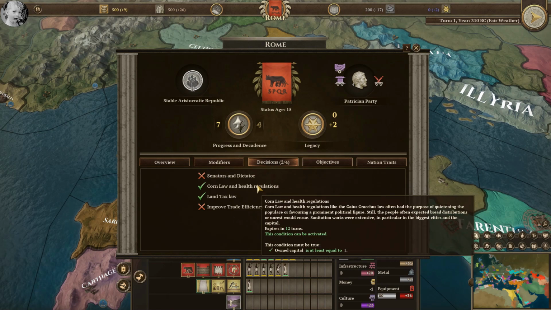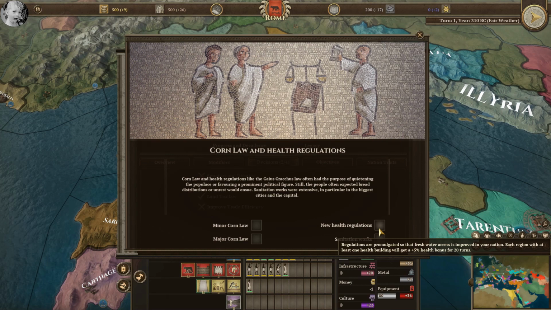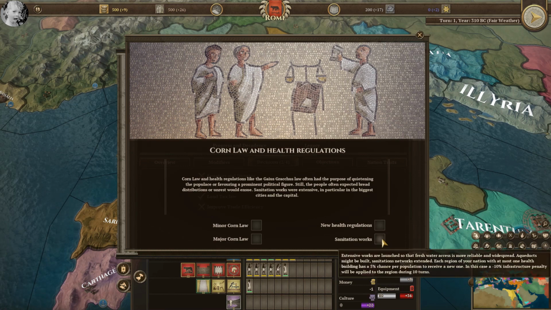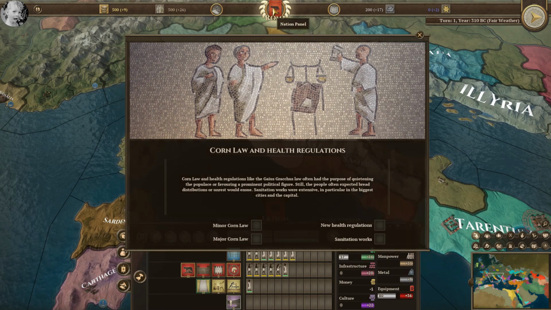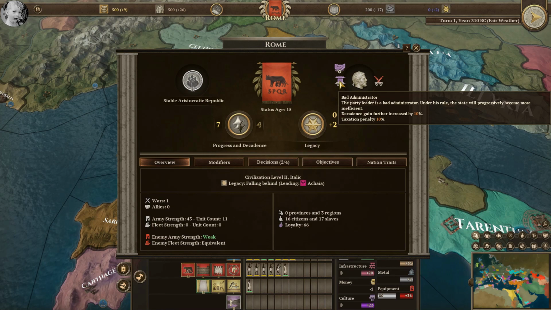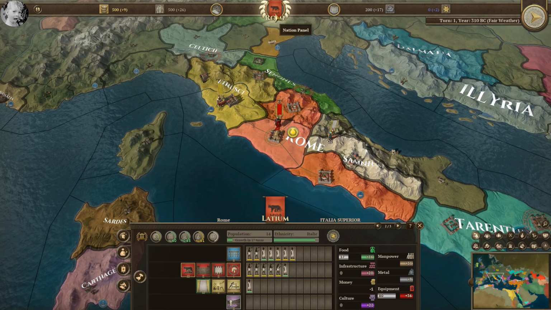What decisions do we have? Corn laws and health regulations. I like new health regulation, but sanitation works even better. You take an infrastructure penalty, which might not be the best thing in the world right now. I think we're already taking a... No, we're taking a... Well, yeah, we're already taking penalties, but